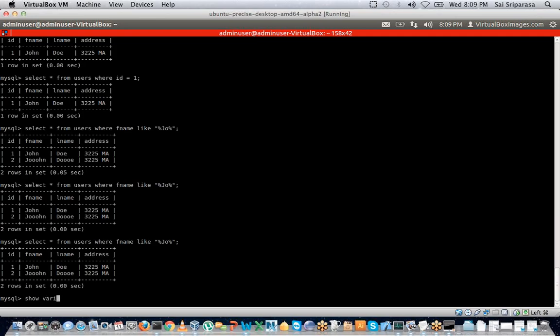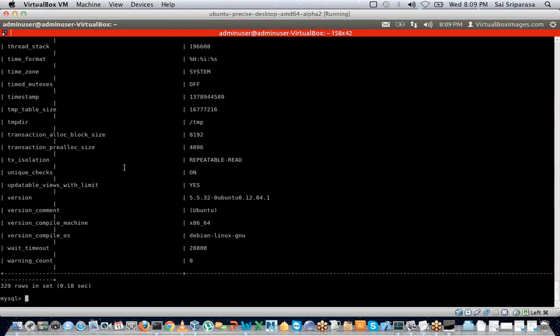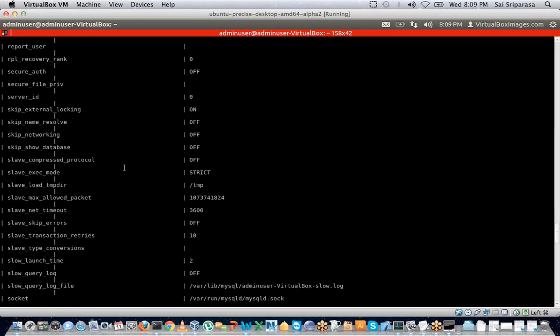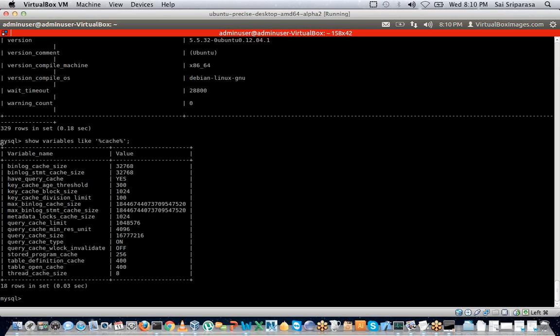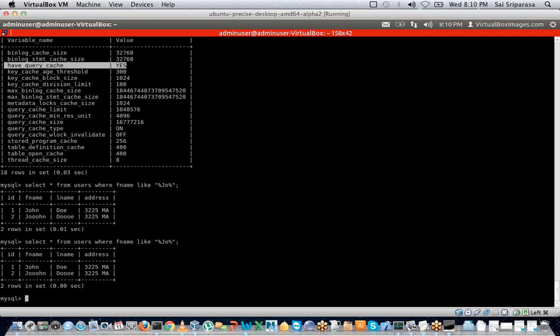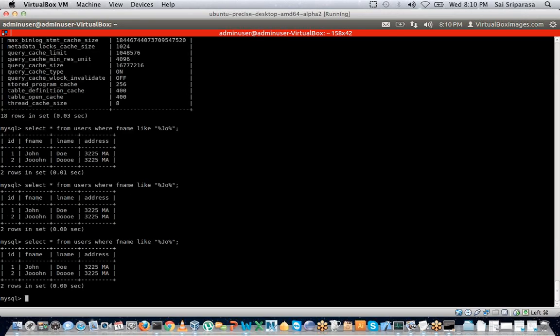Let's actually do this show variables. Okay, so we actually have a bunch of variables here. So let's actually do show variables like cache. Yeah, see, okay, so we actually have query cache turned on. So that's why the queries are being cached. And when I actually do this another time, the data is actually coming out of the memory. But real time, it is not